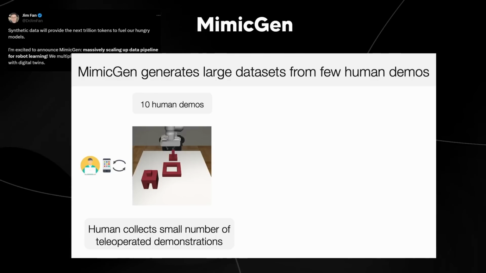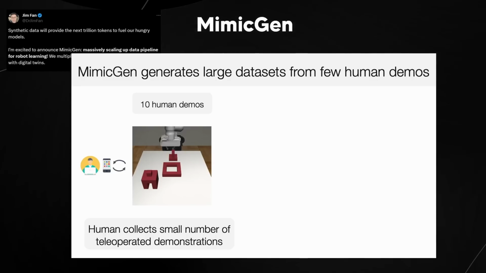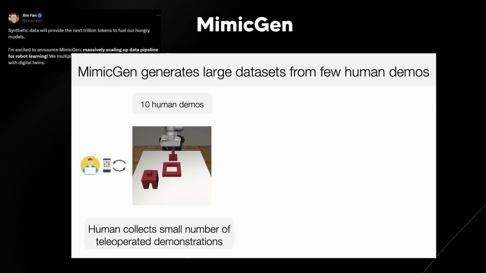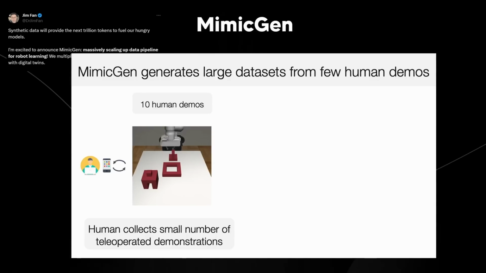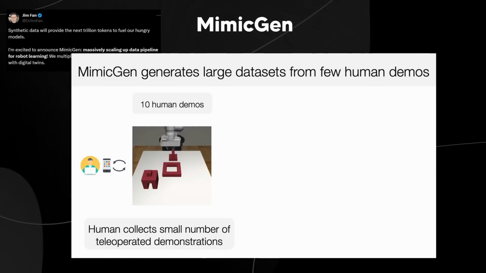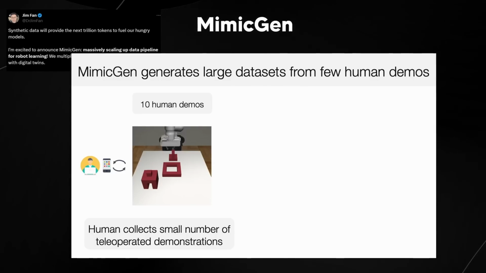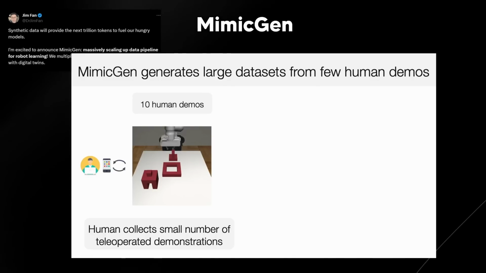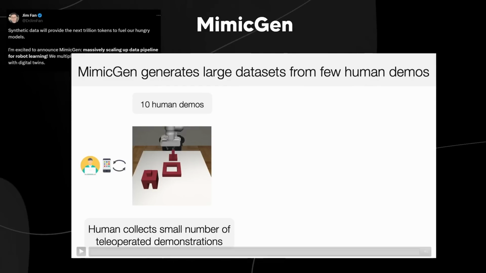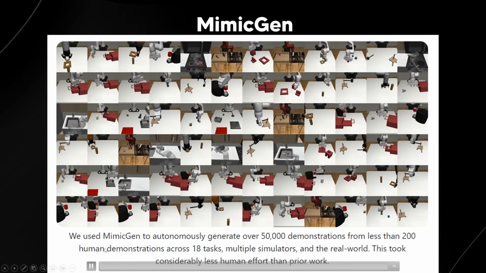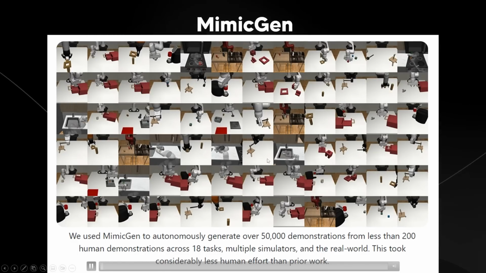You now have a near infinite stream of data. One of the key reasons that robotics lags far behind other AI fields is, of course, the lack of data. You can't scrape control signals from the internet. They simply don't exist in the wild. And essentially, MimicGen shows the power of synthetic data and simulation to keep our scaling laws alive. And Dr. Jim Fan goes on to state that we are quickly exhausting the real high quality real tokens from the web, and AI from artificial data will be the way forward. So this is something that we need to focus on. Then we can see how they used MimicGen to autonomously generate over 50,000 demonstrations from less than 200.